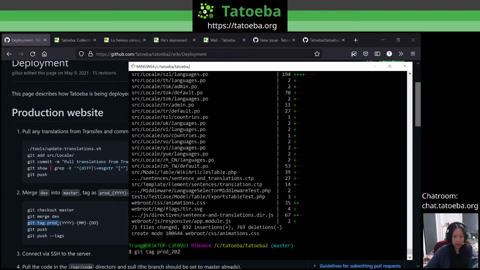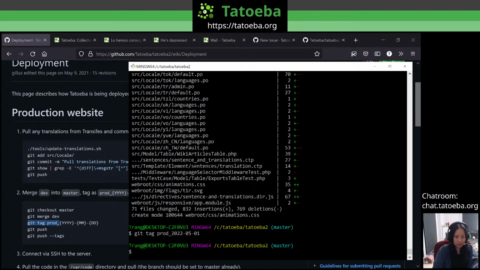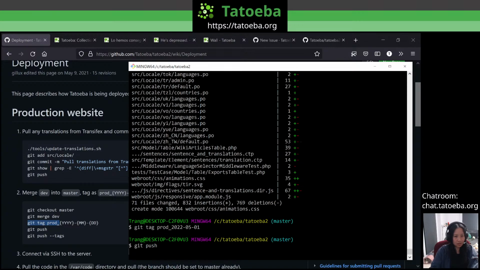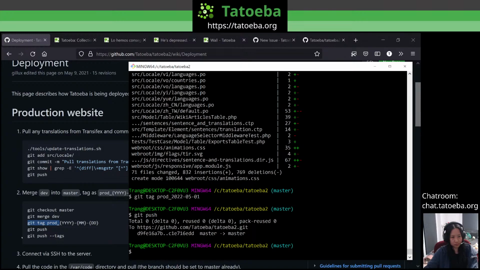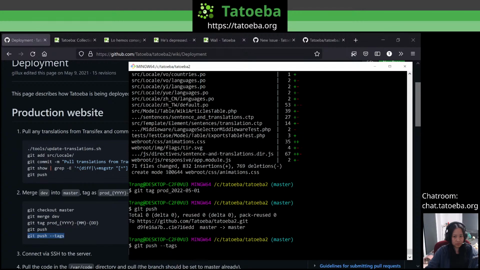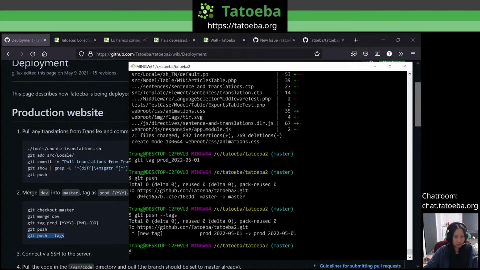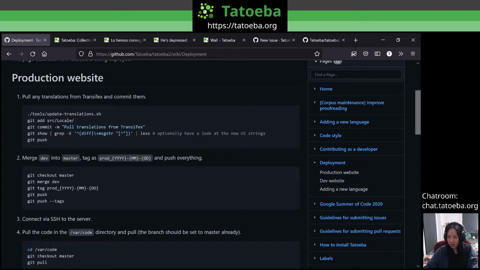So if anyone wants to help to turn this whole deployment process on production into a single click button, I would be very grateful as well. I mean, not that it's too difficult, but that would be very ideal if it was a little bit more automated. So 0501. Okay, so we have the tag,